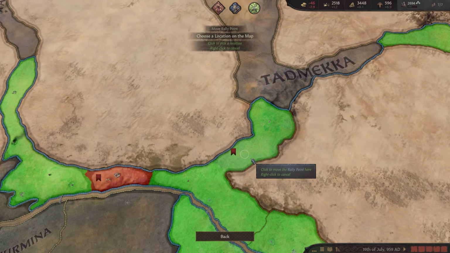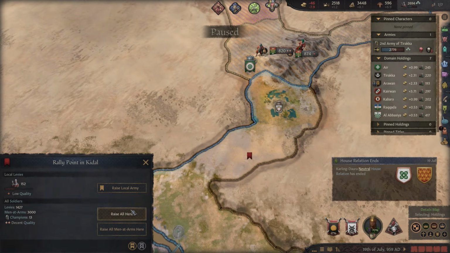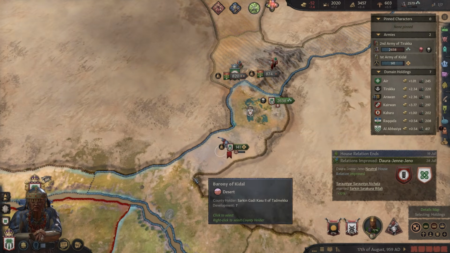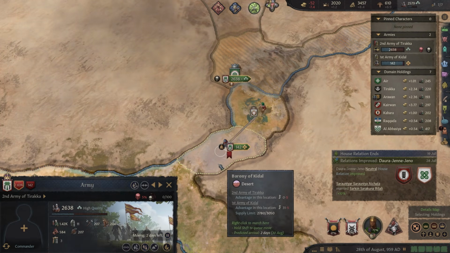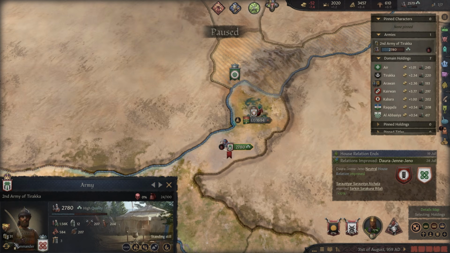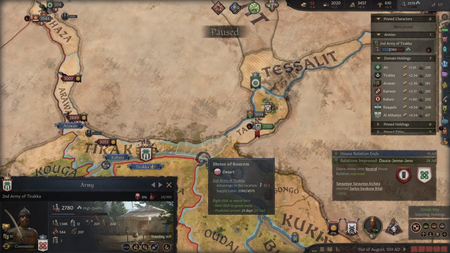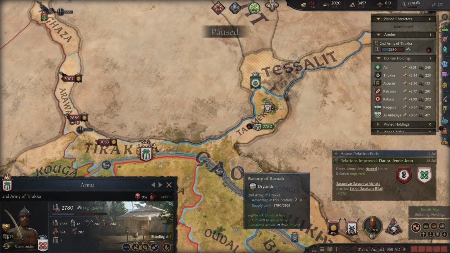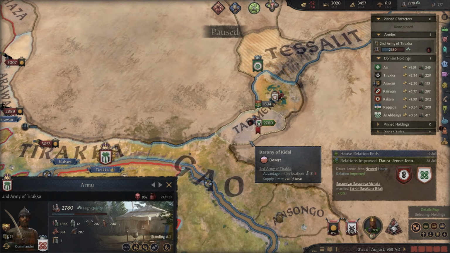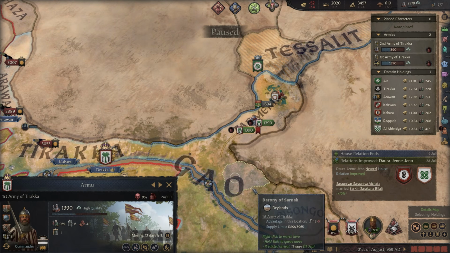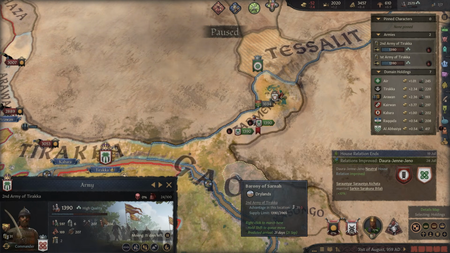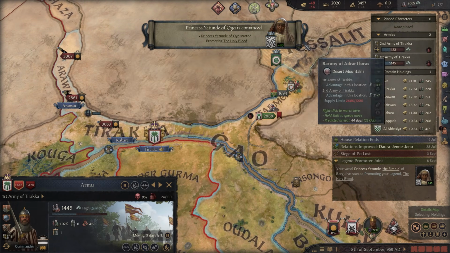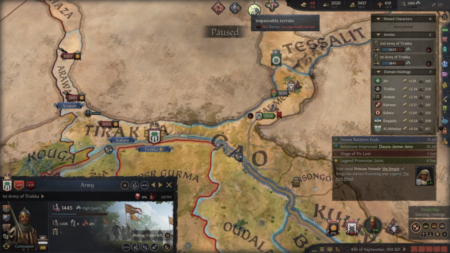Let's set a rally point here. Let's just raise some troops. Right. In here. Merge. You're my best leader. You've got 31, which is not bad. Okay, split in 2. One's gonna go here. One's gonna go here. We're just gonna reinforce. We can fight them in Timbuktu if we need to. Okay. I'm not going to go to your coronation.